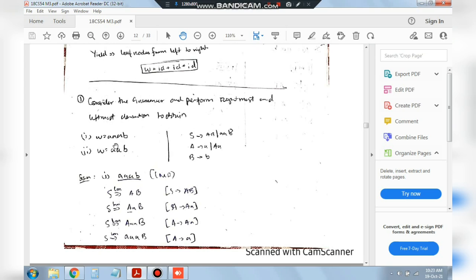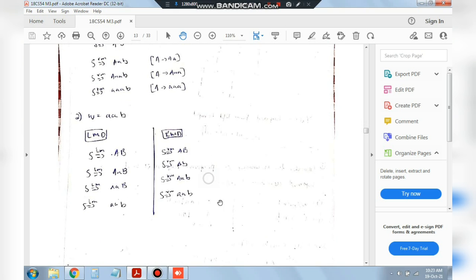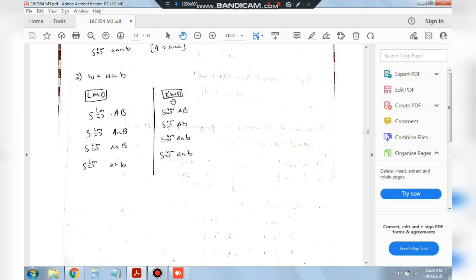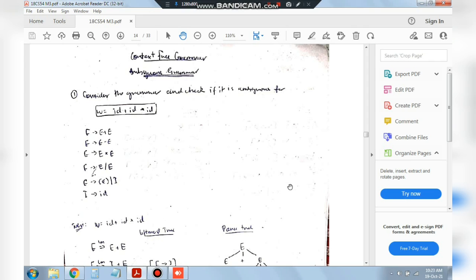Okay, the next one is 2ab. The same thing, instead of 3a's we took here, we'll be stopping at the second a and substituting the capital A as small a. So we'll obtain this one here. In the leftmost derivation, we'll start from the left and move on to the right, and in the rightmost derivation, we'll start from the right, which is from B, and we'll move on to the left, which is A. So we'll have AAB here, and here also we'll have AAB. So that was about the generation of the parse trees.